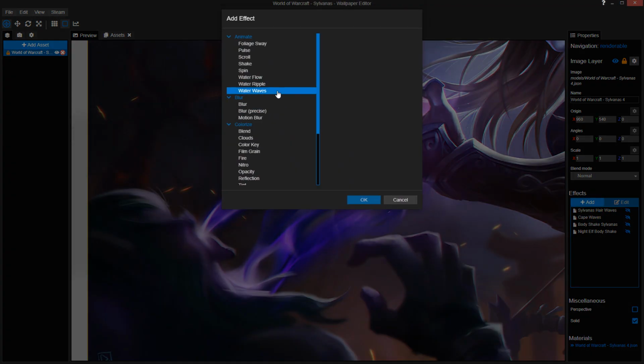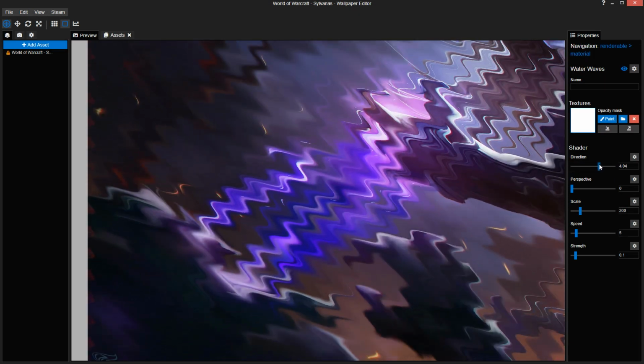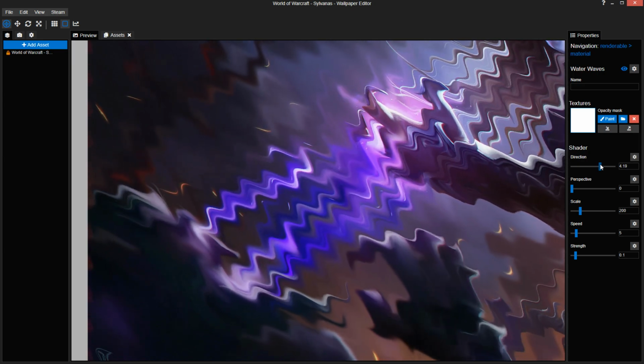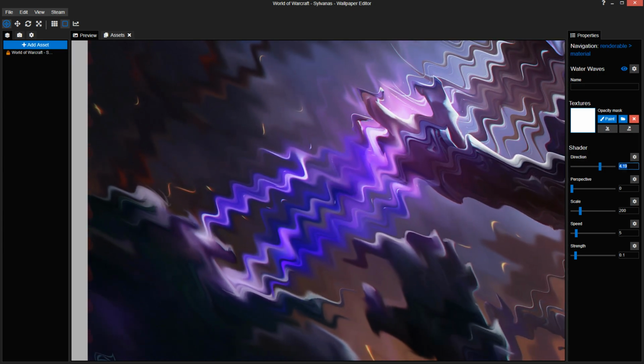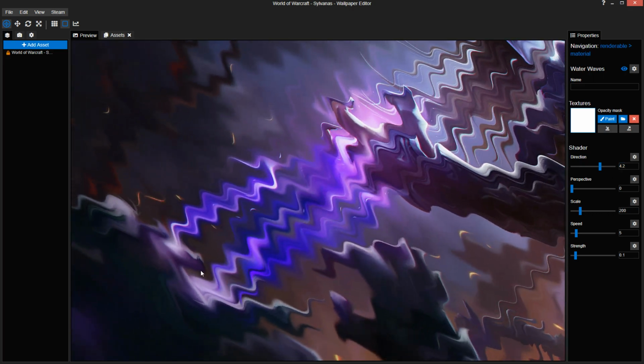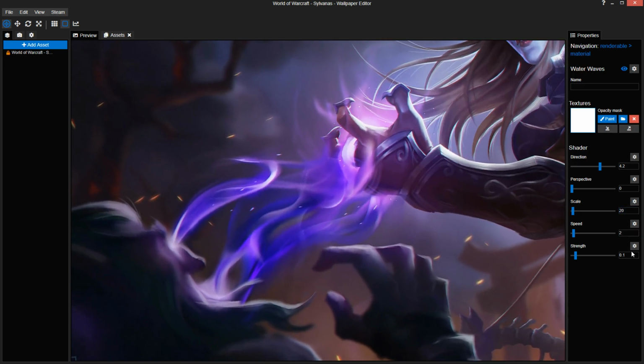Right, so then we've got another one I want to show. Water waves, just the way we did it usually again. So we're going to create the waves, and the direction is going to show us which way it's going to move as well. I'm going to create 4.2, I'd say. So it goes this way, and then we're doing the same thing as usual.